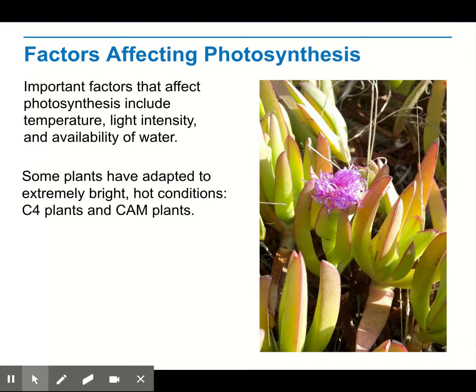So CAM plants are a specific family of plants that are able to basically close up their leaves in order to prevent water from escaping. But if they close up their leaves, then that means they're keeping water in, which is good, but then that means they can't let carbon dioxide in. So they actually do something where they open their leaves at nighttime. They allow carbon dioxide to get absorbed into the leaf, and it stores the carbon dioxide there as an acid